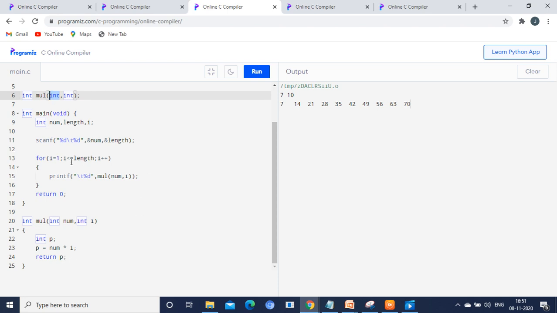Again, for i is equal to 3, number is equal to 7, it will call the function, return back and calculate 7 star 3, which is 21. It will return the result back to main again. The loop will execute till 10, so we get the answer as 7, 14, 21, 28 till 70. I hope you understand.